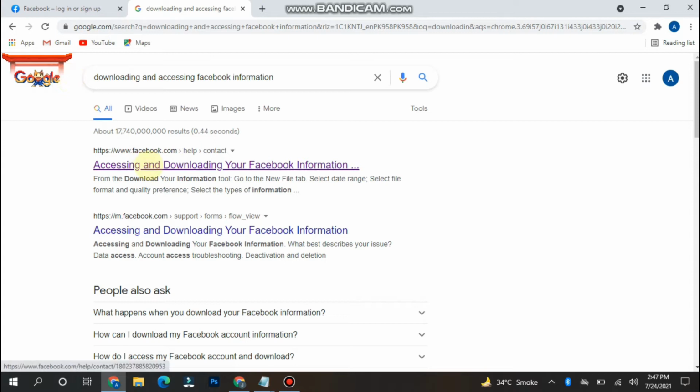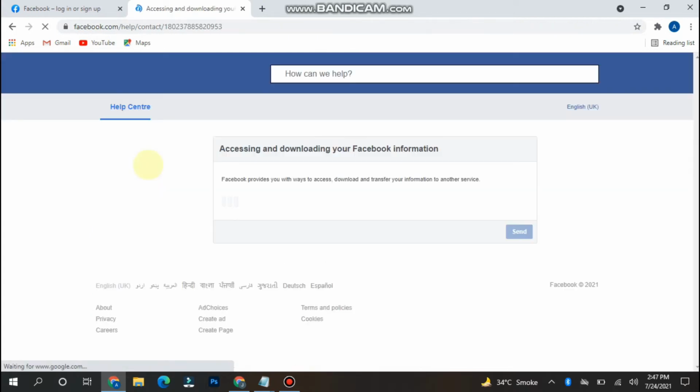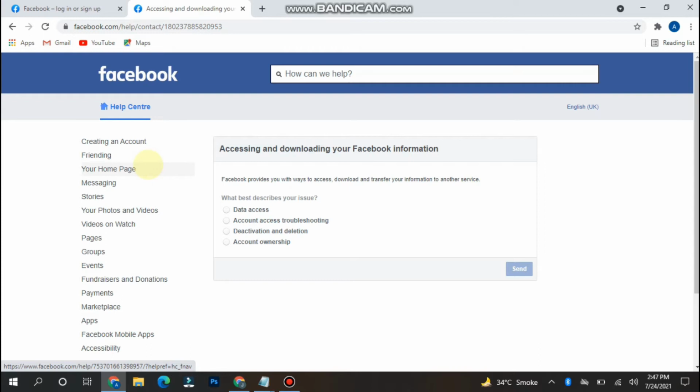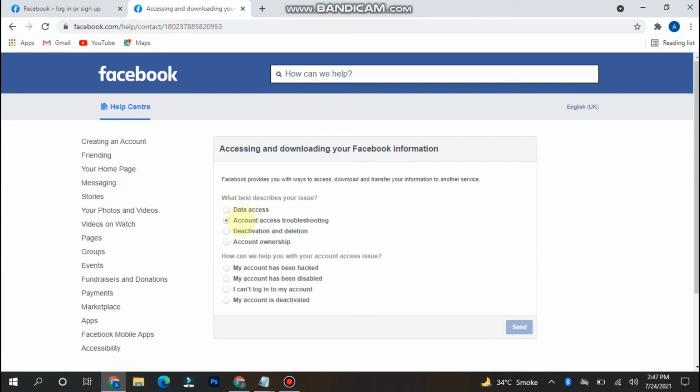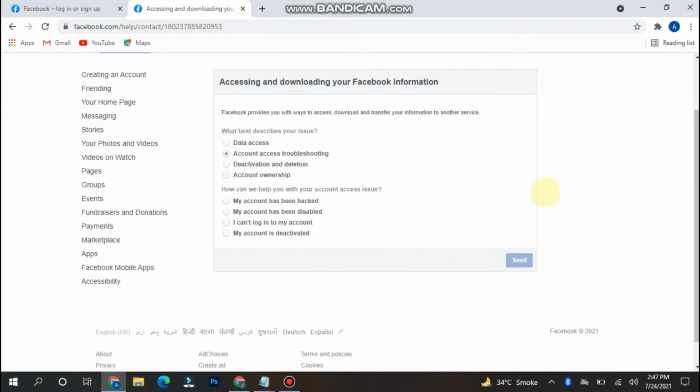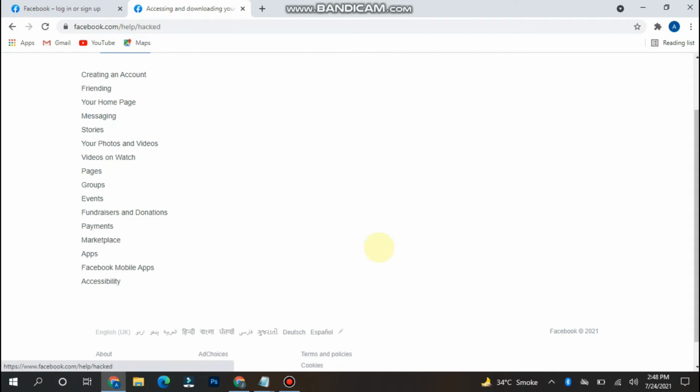Simply click on this link, and here you will see multiple options. Click on the account access and troubleshooting, and you will see a new menu popped up below. Click on my account has been hacked, tap on it, and you will see a link here. Secure it by going to help center, tap on it,